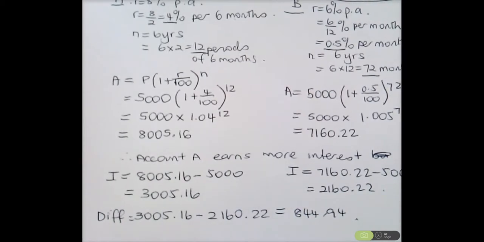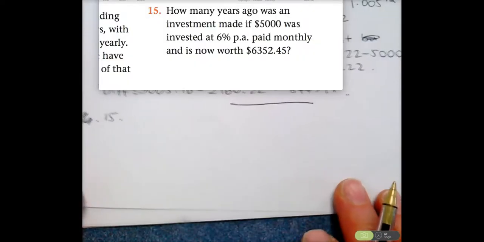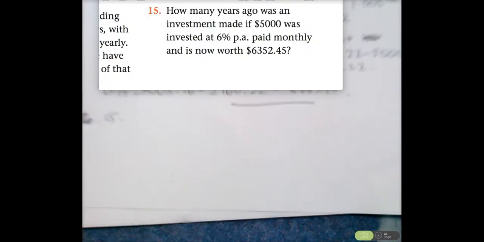Okay. Now, in some other questions, girls, you'll have to work out n, the number of periods, and things like that. I might just do one more and then we'll move on. Questions from this exercise, just a couple of the ones where you work in reverse. So, question 15, how many years ago was an investment made if $5,000 was invested at 6% per annum paid monthly and is now worth